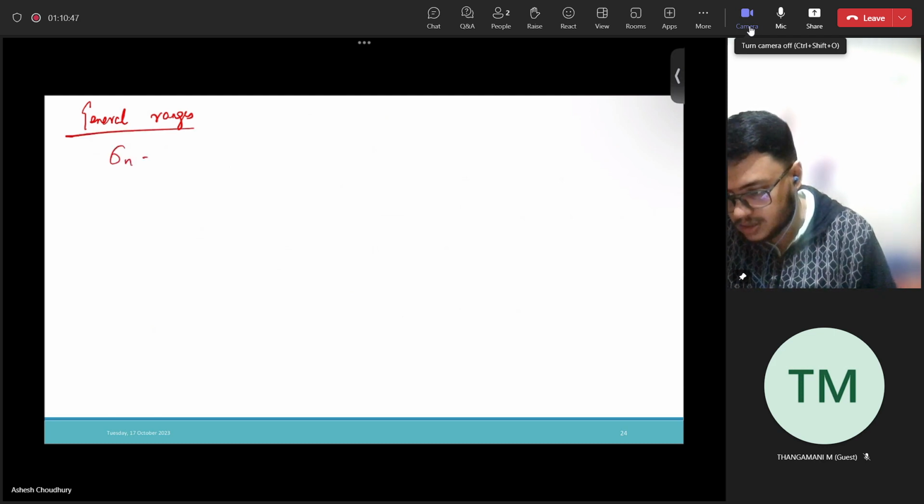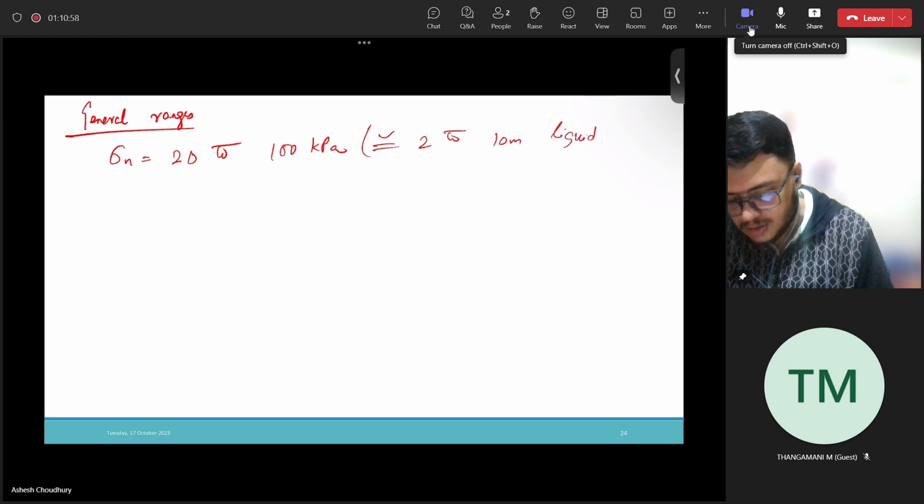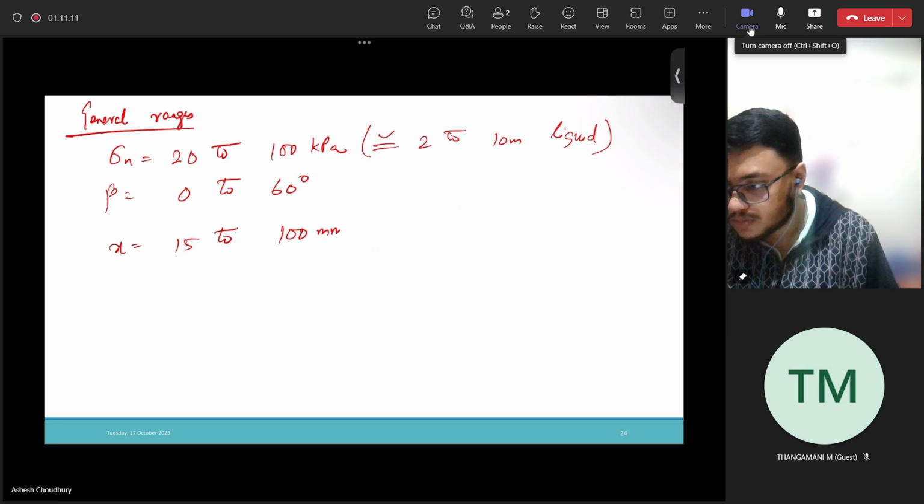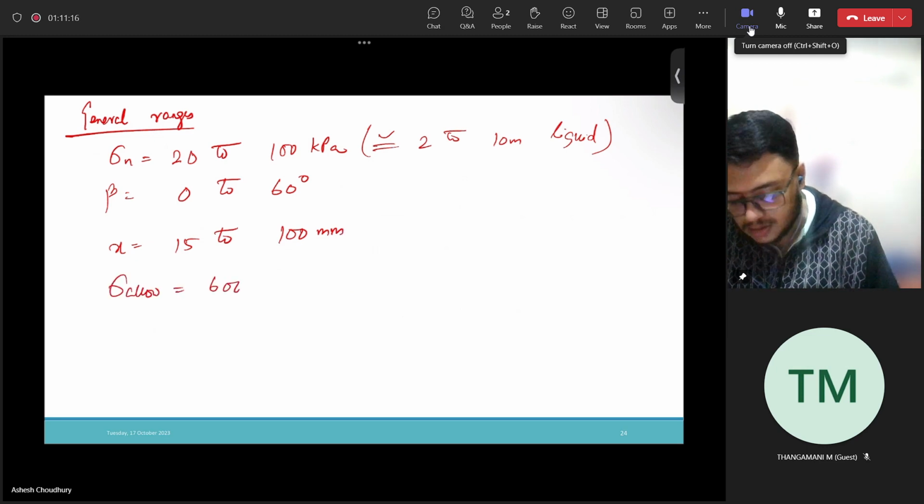Sigma n is generally 20 to 100 kPa, to 10 meters. Beta is 0 to 60. Thickness is 15 to 100 mm. Allowable stress is 6000 to 40,000